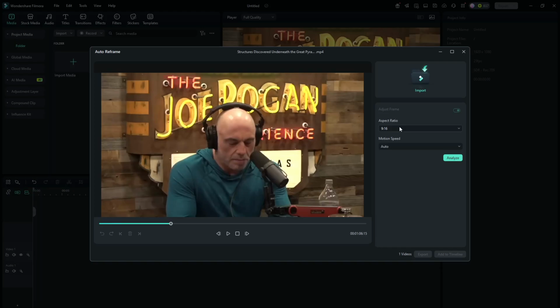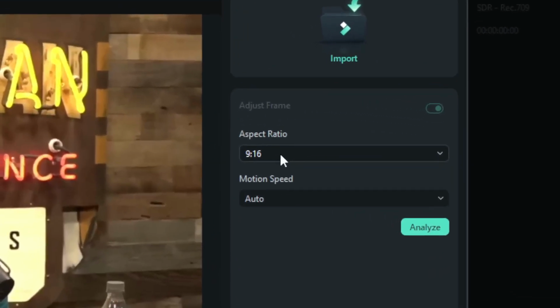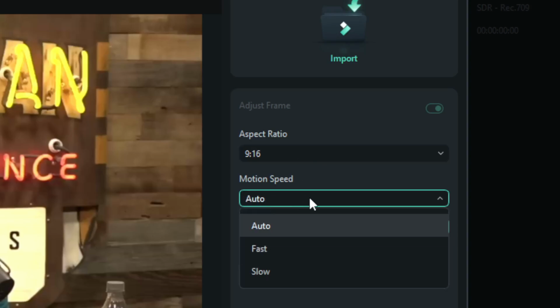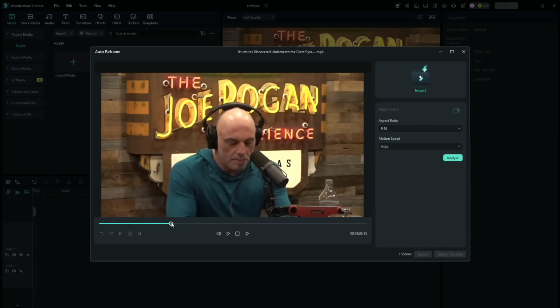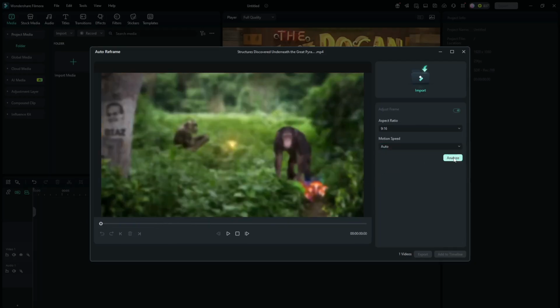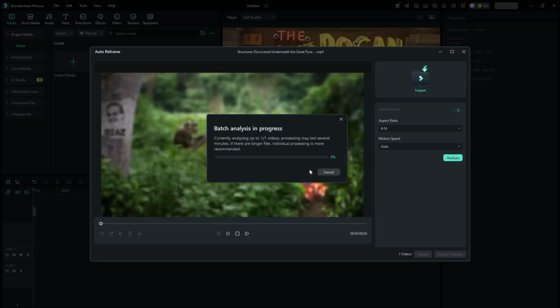Now for the aspect ratio target, you want to select 9:16, which is vertical, and then the motion speed, I do recommend to keep it auto. You can also go with slow or fast if you want to, but auto is the best approach here. Now after you're done, you can click the analyze button and just wait for AI within Filmora to do all the algorithm to see if there's any interesting subject in the video, and we'll reframe that based on